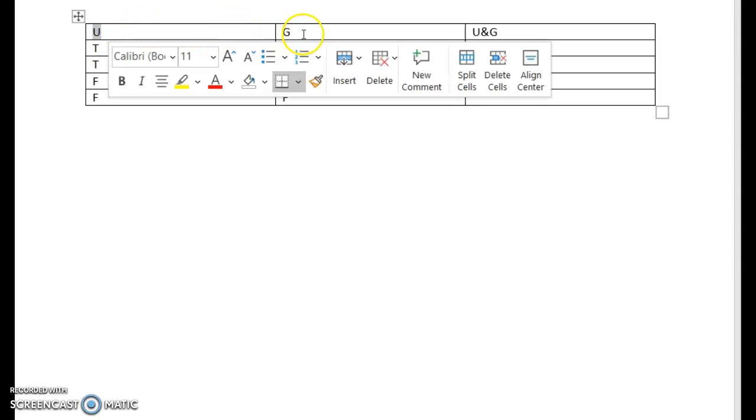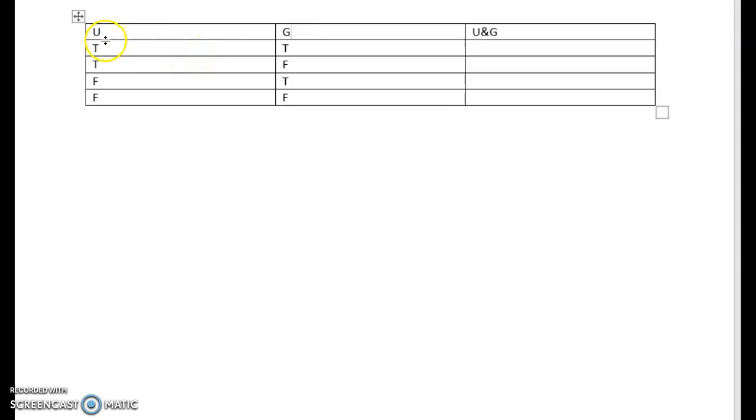Right here we have U and here we have G represented, right? So here we have one where both are true, one where the first one is true and the second part is false,